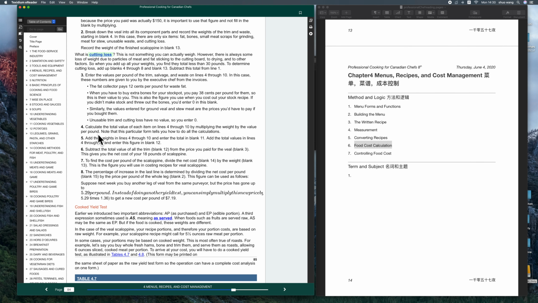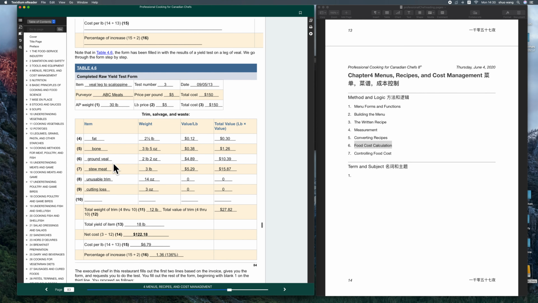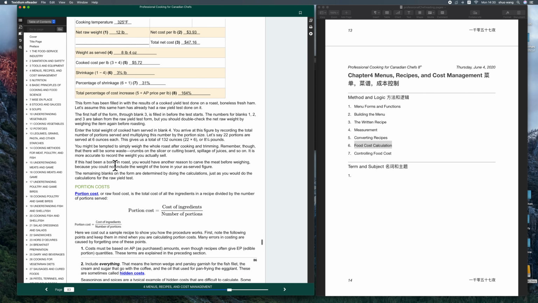Number 4, calculate the total value of each item on line 4. Add weight in lines 4 through 10 and enter the total in the blank. 这个我就不想读了，这个我觉得大家都会做，好吗？这是我们下一个 form，我们从这儿开始读吧。You might be tempted to simply weigh the whole roast after cooking and